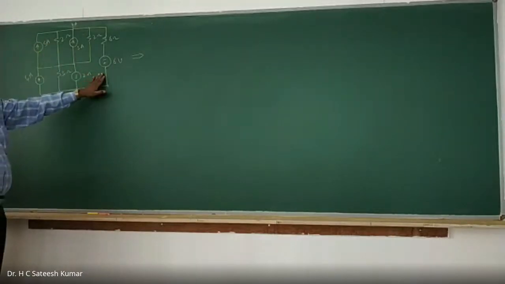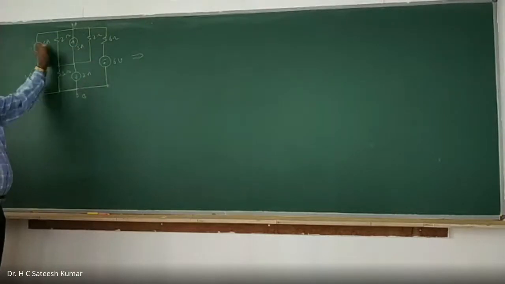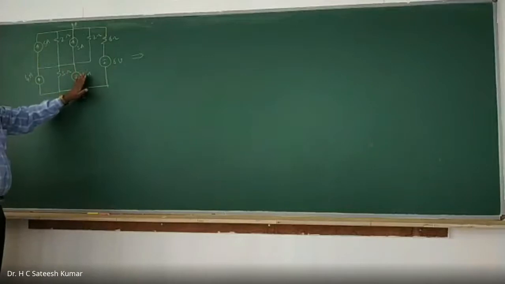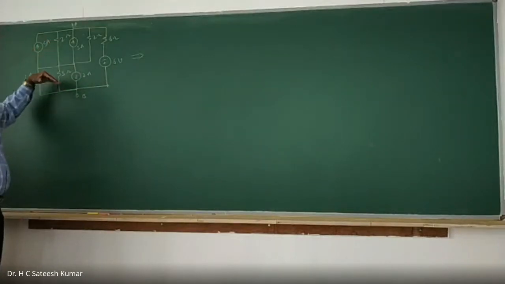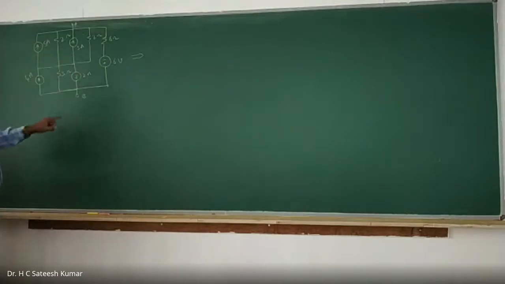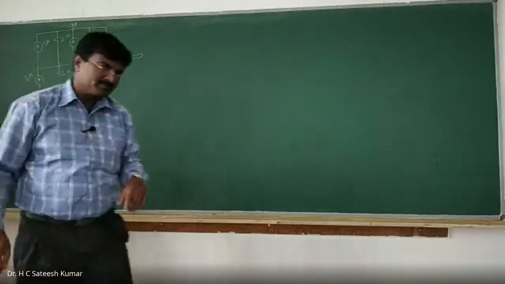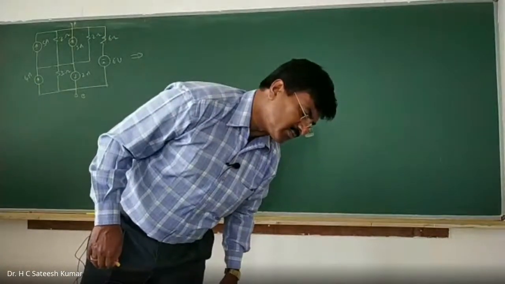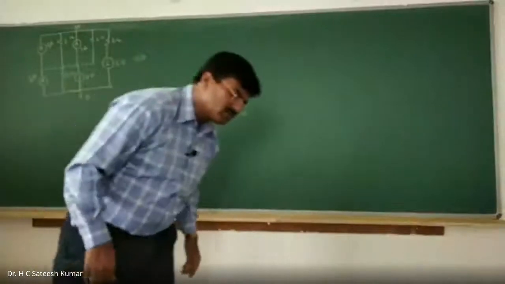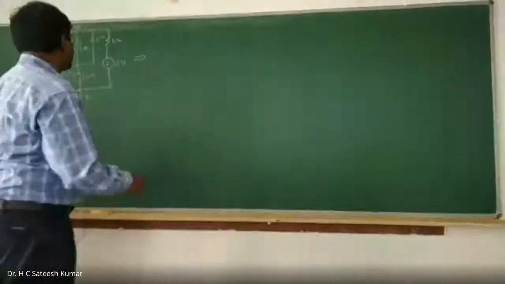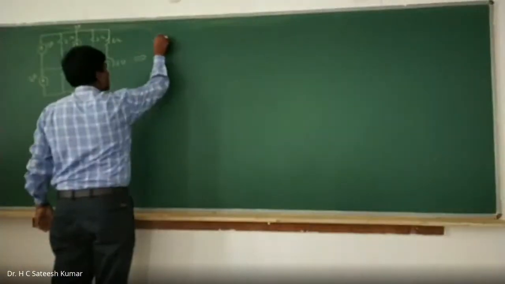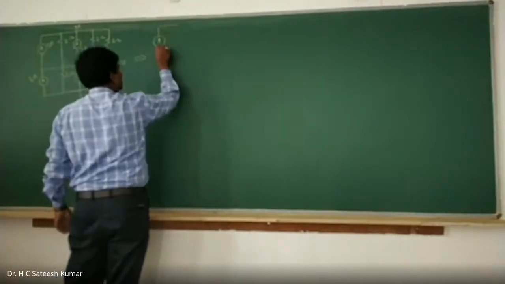Except this one, you keep this one as it is. First you simplify this one. And see, this is a parallel connection. This is also a parallel connection. And these two will be in series. Then this will be in parallel. Like that we will have to go. So first you simplify this one. See, current is 5 amps upwards, 3 amps upwards. So 3 amps plus 5 amps is 8 amps. So we have a parallel connection, simplify it, 8 amps.